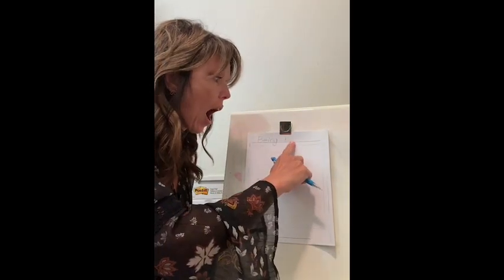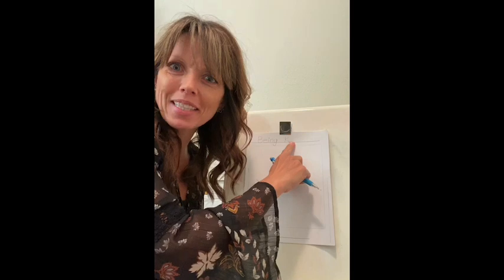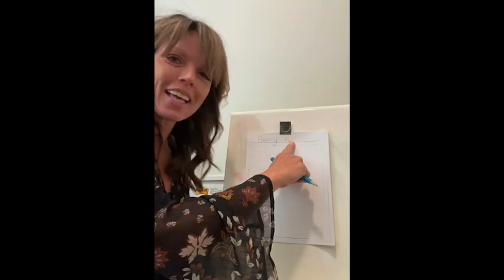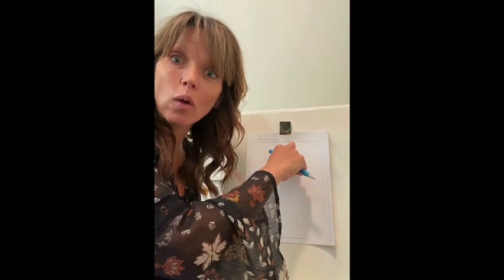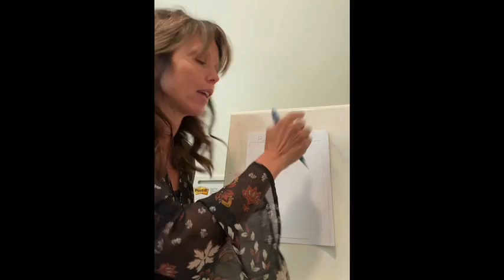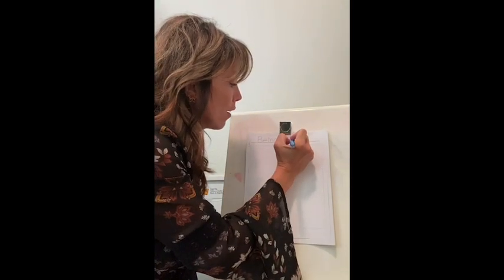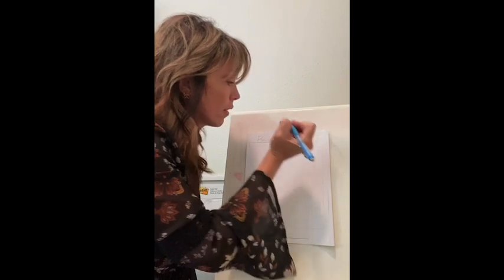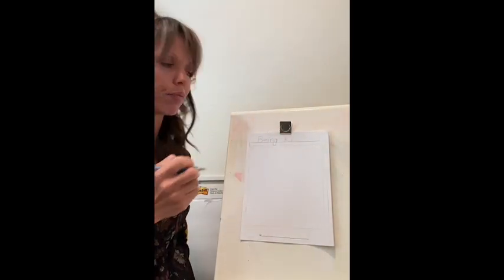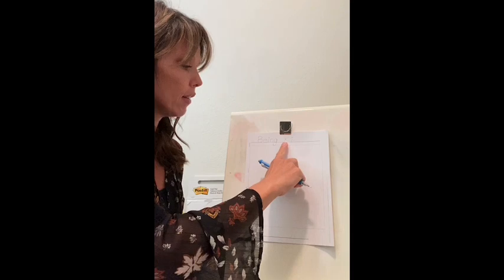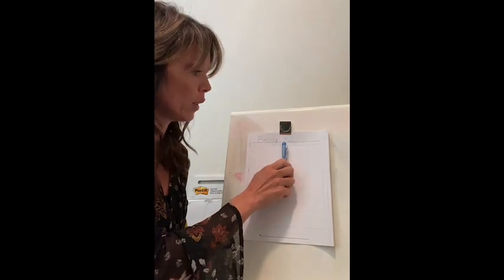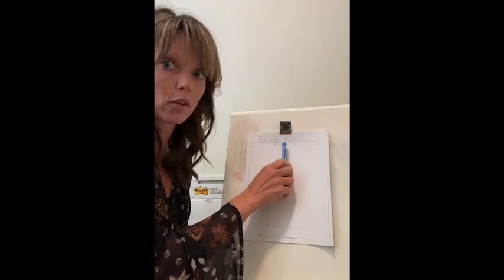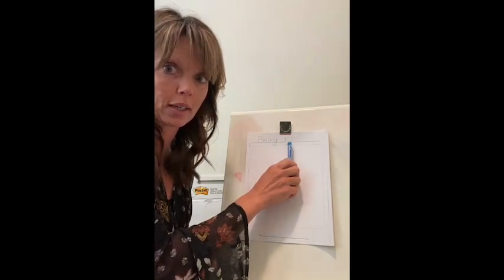K, I. What letter makes that sound? Yes, that is the letter I. It's a long vowel. So what does the letter I look like? Straight line down, little dot. So now after you have your I, you're going to take your finger or your pencil and run it under those 2 letters, and we're going to say the 2 sounds that we already have, and then we're going to move on to the 3rd sound.